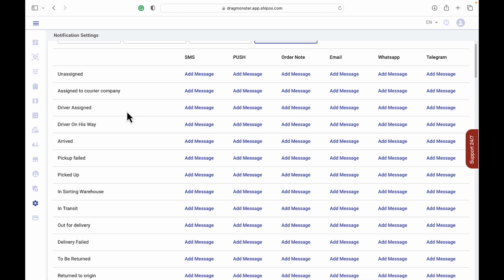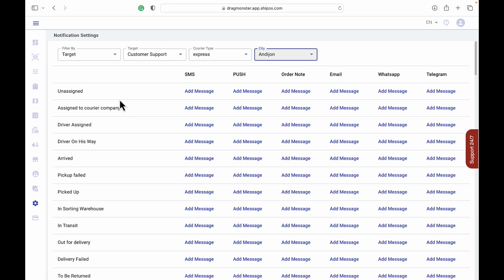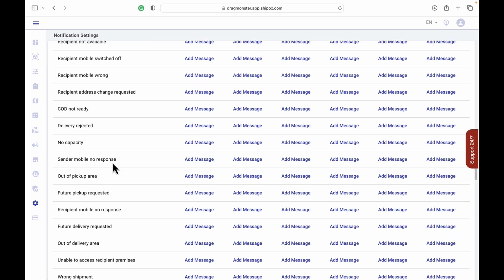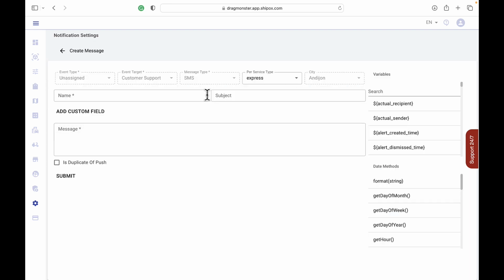Below you can see a list of order statuses that the target group will be notified about. For example, unassigned, assigned to courier company, driver assigned, driver on his way, arrived, and you can see a full list by scrolling down. So as an example, we'll pick unassigned, and we need to pick a communication mean, i.e. SMS, push, order note, email, WhatsApp, and Telegram. We will select SMS. You can see the changes that have been made previously locked in the menu above, and you need to give a name. For example, customer support 1,